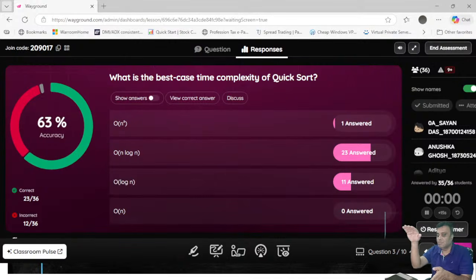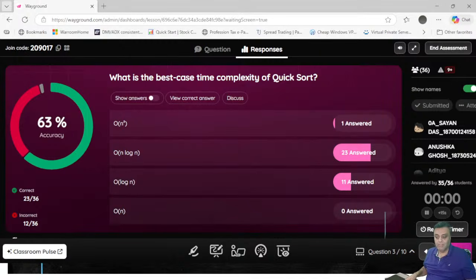So each level you are doing some work, next level you are doing some work, next level you are doing some work. So each level you are doing n work because you have to do n iterations to find out the pivot. Next level you have to do n more iterations to find out the pivot. How many iterations are you doing? N multiplied by the height of the tree. Height of the tree is log base 2 of n. So the total answer is n log base 2 of n.